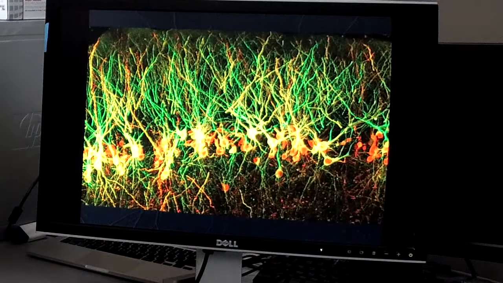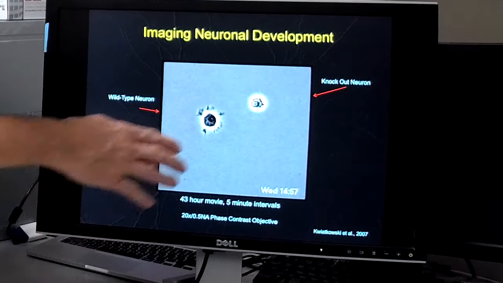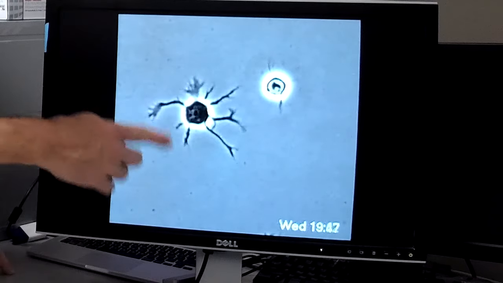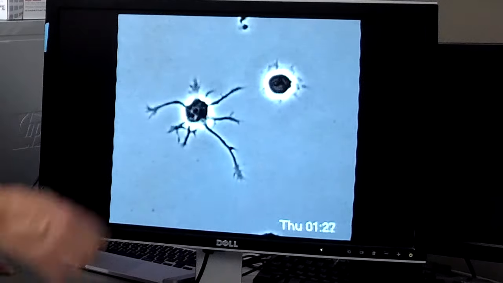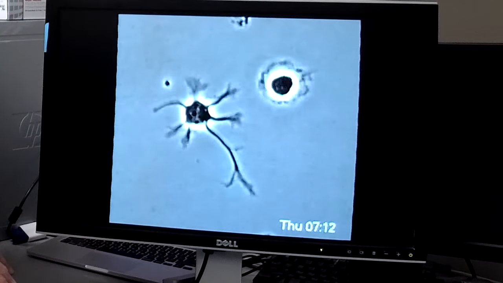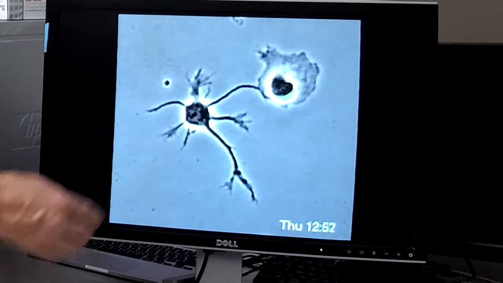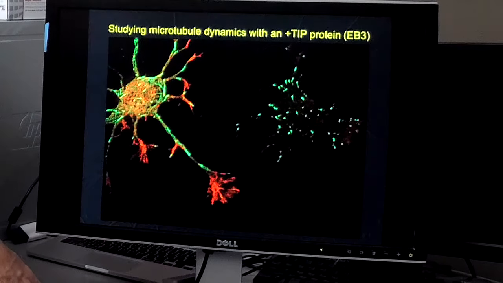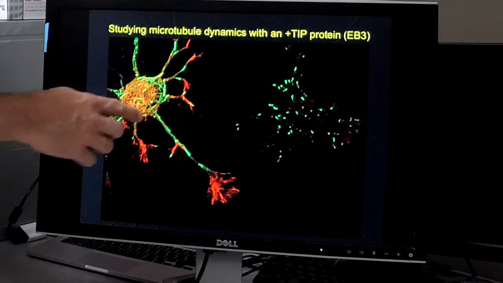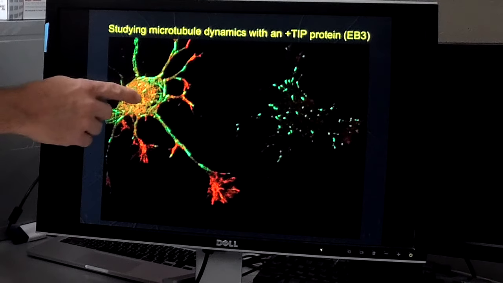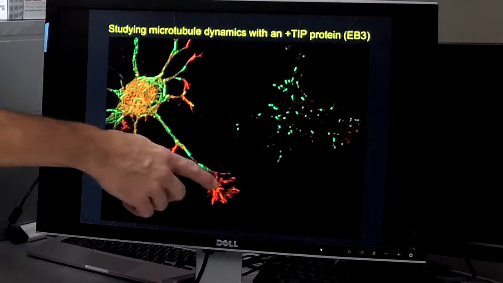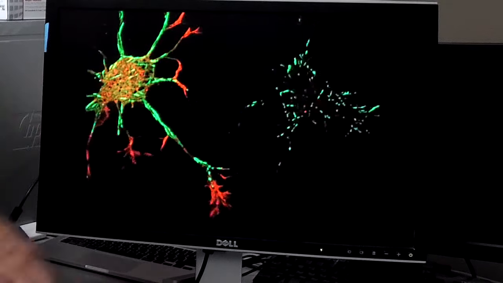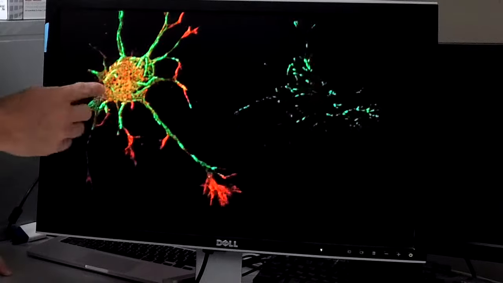We're very interested in neuronal development, and you can see here a neuron that we've taken out of a brain and plated in culture and how it grows over time. So this is the time in several hours, but you can see how dynamic this process is. We're also interested in how this process grows out and understanding the cytoskeletal mechanisms around that. And you can see here we've labeled just two proteins, microtubules in green and actin in red. And during this movie you can see how dynamic these microtubules are, growing down the axons here or into the